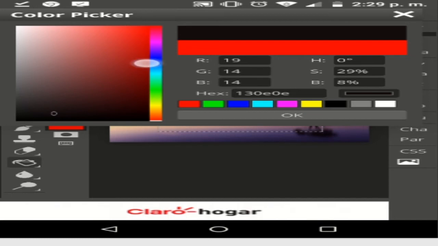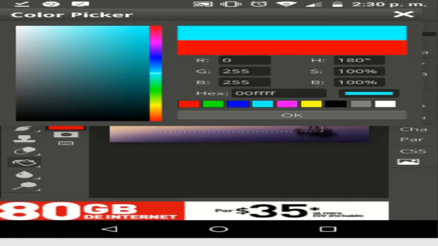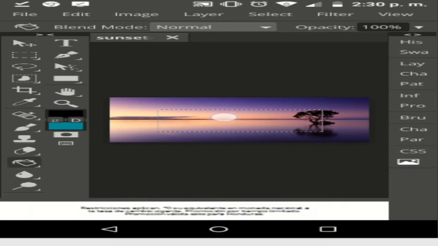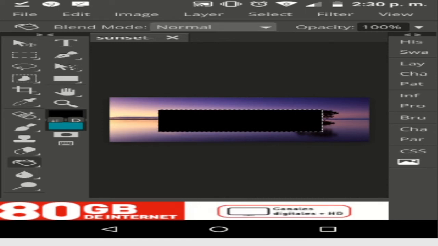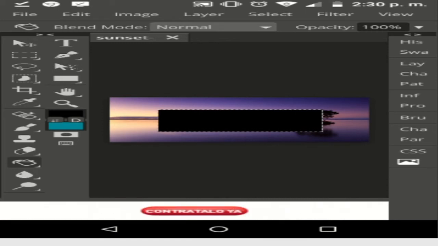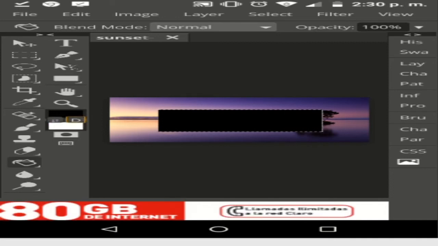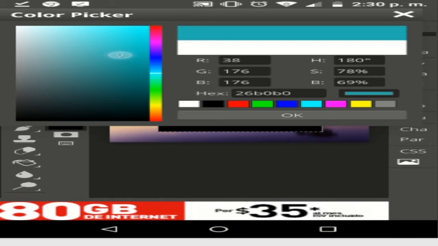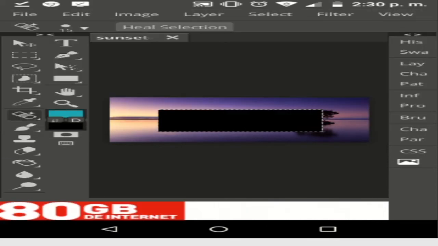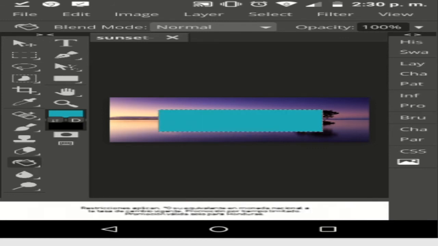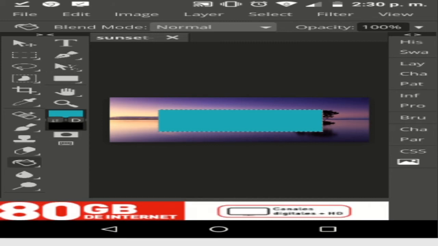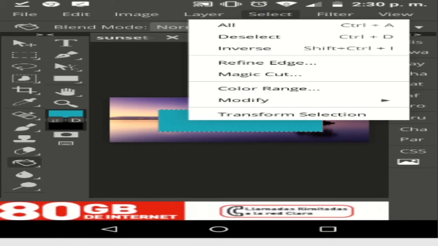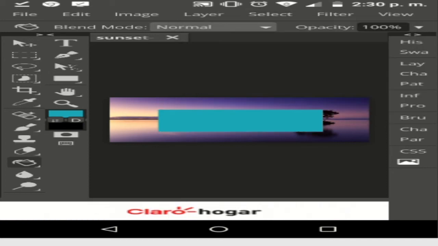For example, if we want a bluish, something like that. Now I can paint over here with the bucket tool. Now if you see over here on the top I have black, so I need to change that to the color that I want. And now with the bucket tool I can replace that color. Now having the color already set, we are going to go to select over here and we are going to say deselect. Okay,